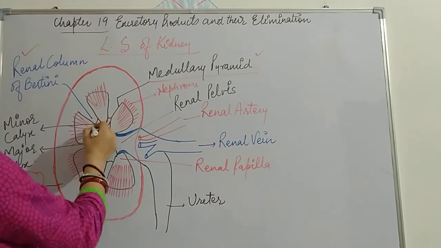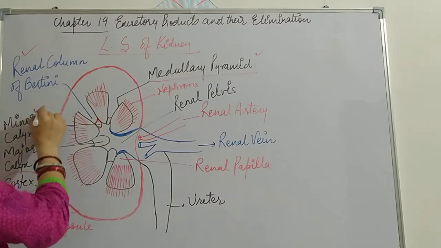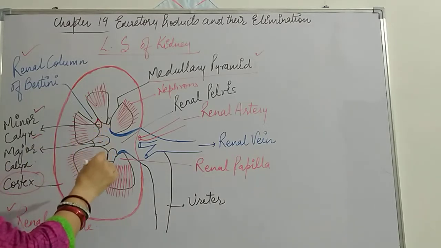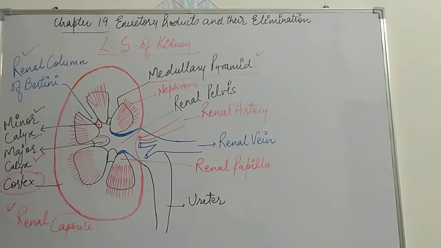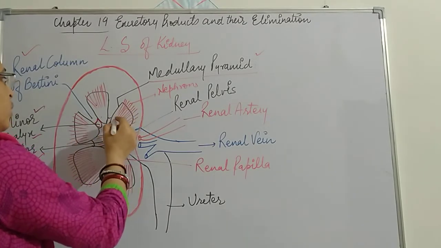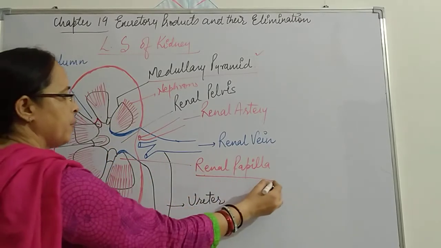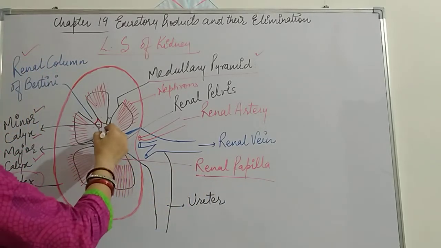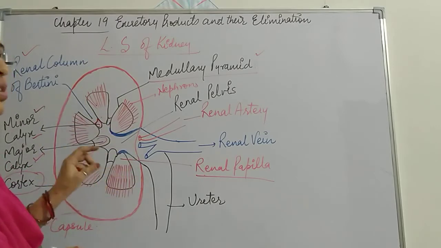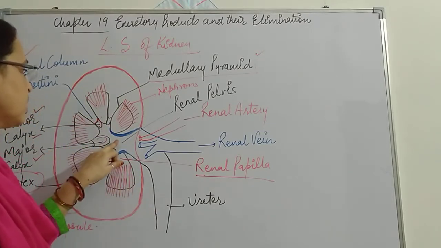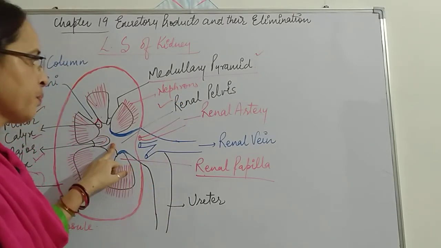And between the two pyramids, you can see the small cap-like structure. It is called the minor calyx because of its small size. And over here, there is a large size structure called the major calyx. Below the nephrons, in the medullary pyramid, this space is called the renal papilla. And the nephrons present in these medullary pyramids pour their secretions into the branched structure which is called the renal pelvis.